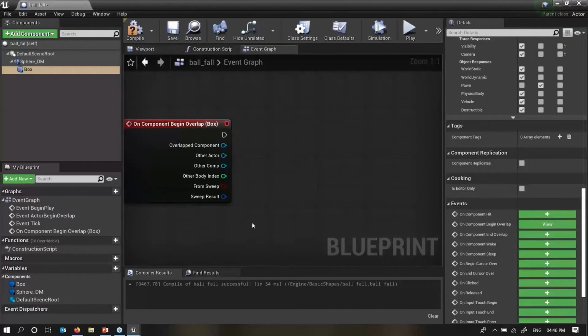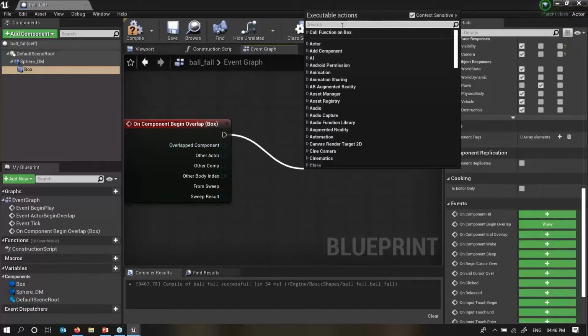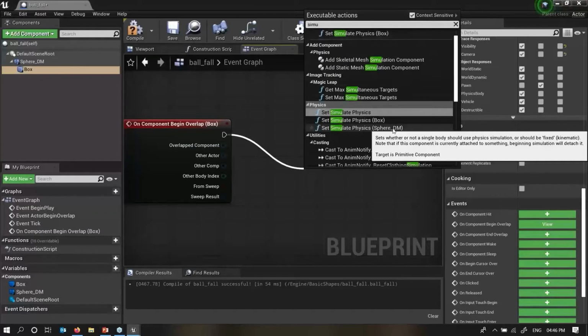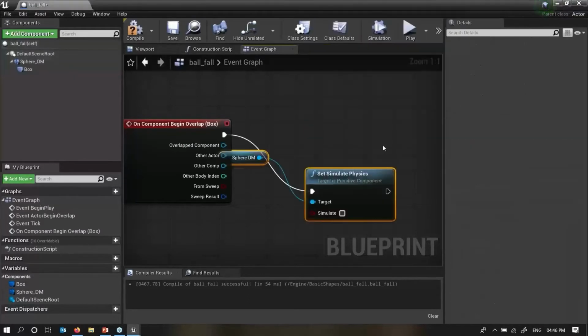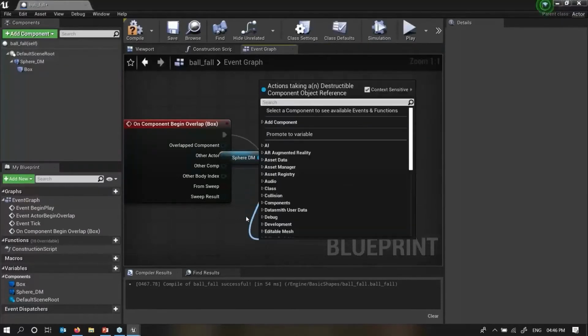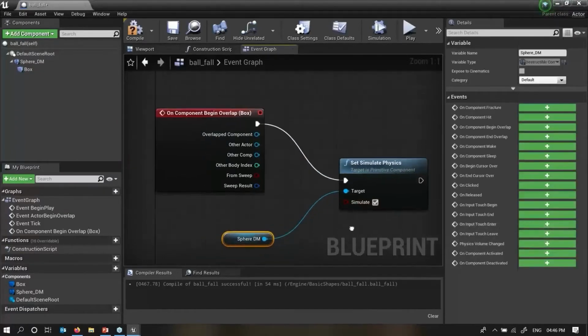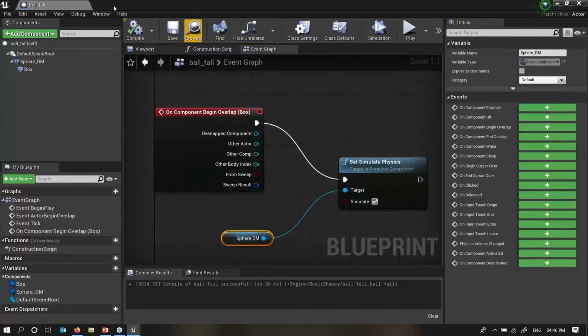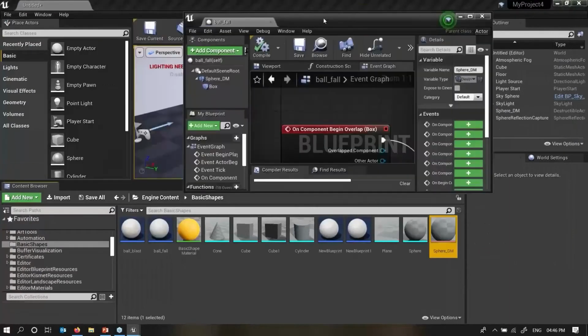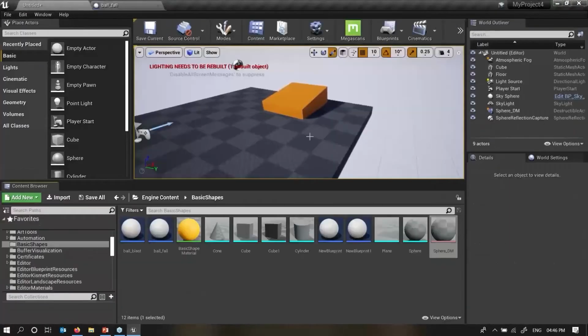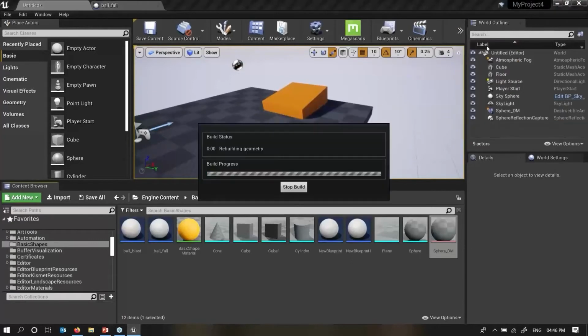Now what it will do, I'll just drag and drop one of my characters, which enters this box. This will do simulation. Simulation sphere. Simple, that's it. No more tricks in that. It says simulate, right? Here you can turn simulate on, do the compile and save. So what I'll do, I'll just drag these things over here, go over here, and first we'll say build all levels because we added the elements over here.